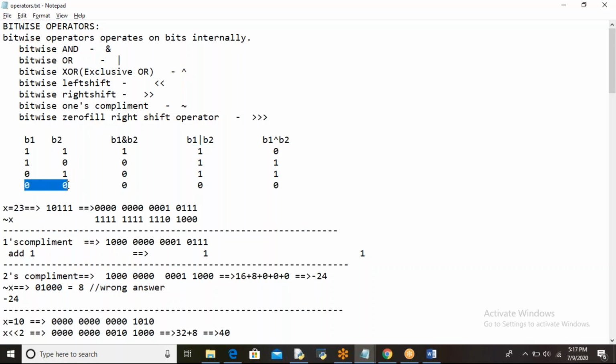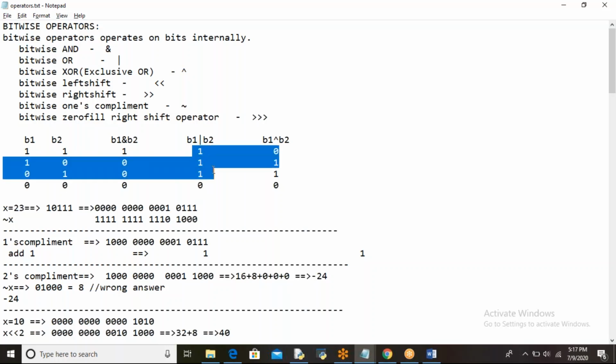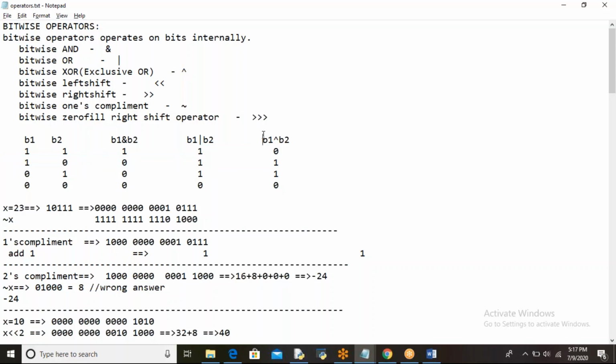If both the bits are 0, then only bitwise OR is 0. Otherwise, in any case, it is 1. Coming to the exclusive OR: same bits give 0, different bits give 1. Got it, clear? So if same bits are there you will get 0, and if different bits you will get 1.